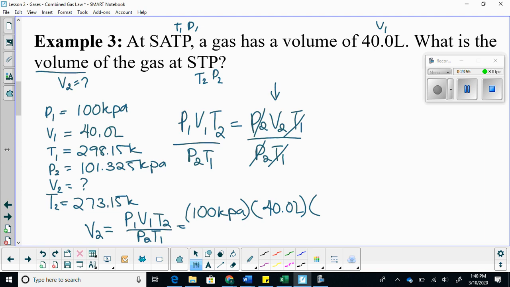T2, okay, again, very common place where mistake is made. T2 is 273.15 Kelvin divided by P2, which is 101.325 kilopascals, multiplied in the denominator by T1, which is